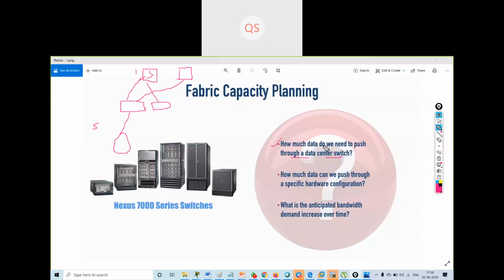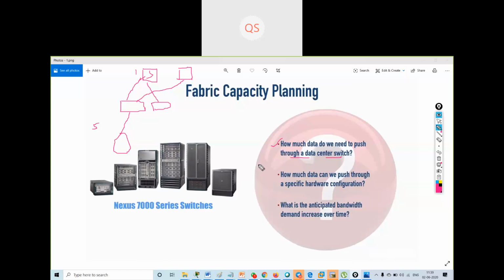We must also have some historical data stored in our data center devices, so we can forecast what future bandwidth demands might be. If we don't have the luxury of historical data, then at least in the existing design we can count over time.